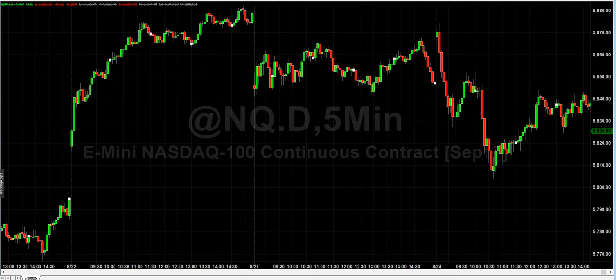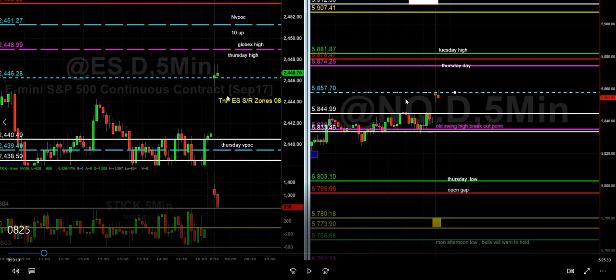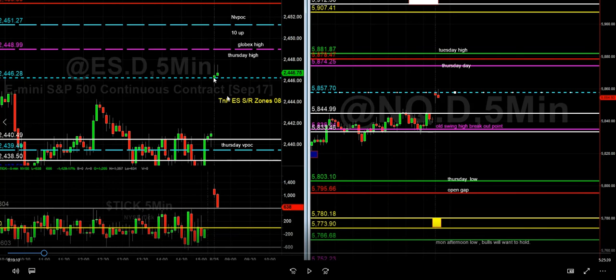Now, let's go back to what we have here. Look at ES. First 5-minute bar doesn't close at the high. Dances around, right? NQ is below its opening print. ES is below its opening print. Now, this doesn't mean that the market's going to go directly lower, right? What we're trying to do is